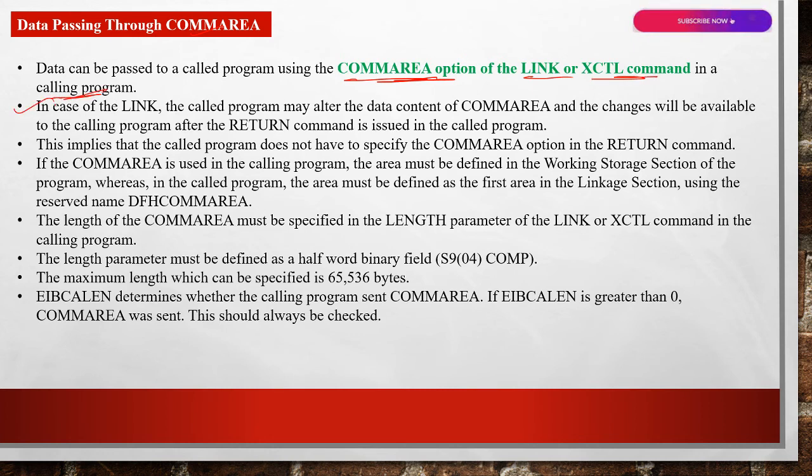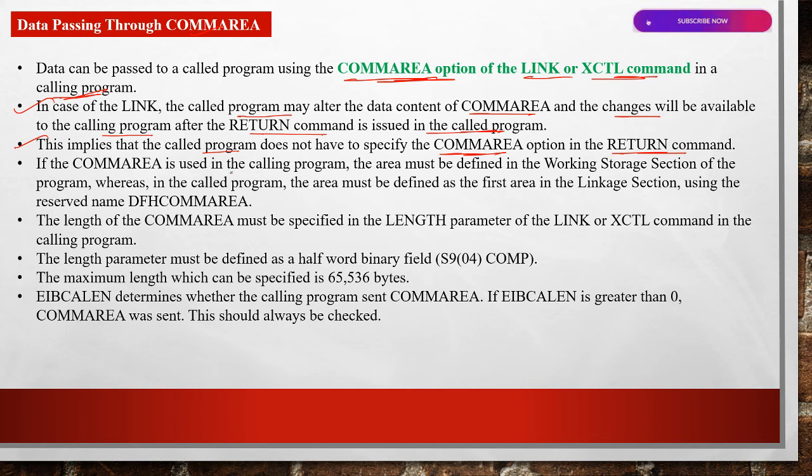In the case of LINK, the called program may alter the data content of the COM area, and the changes will be available to the calling program after the RETURN command is issued in the called program. This implies that the called program doesn't have to specify the COM area option in the RETURN command.